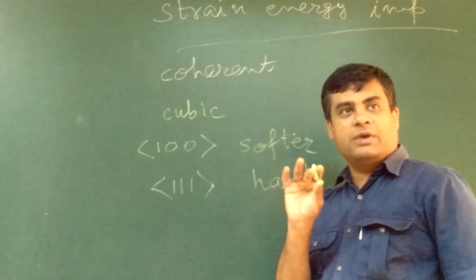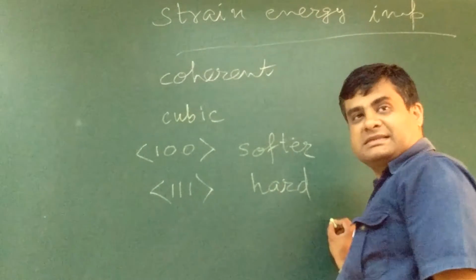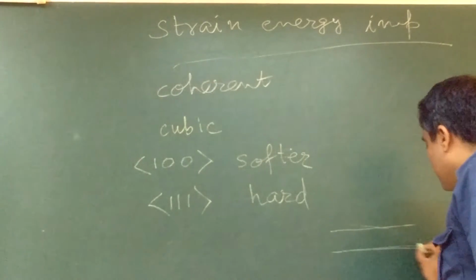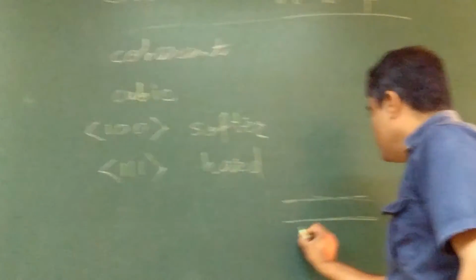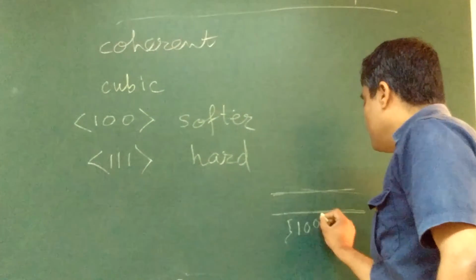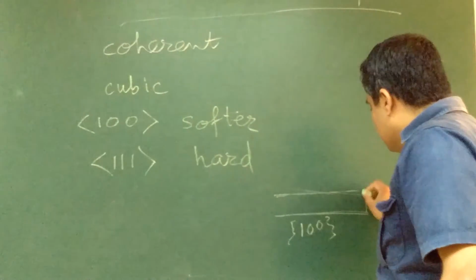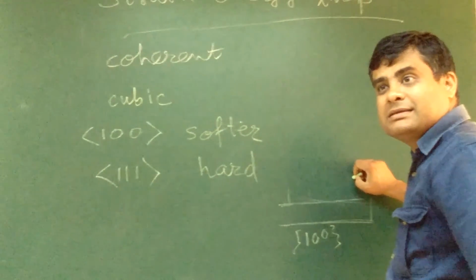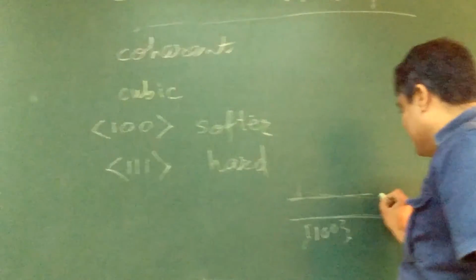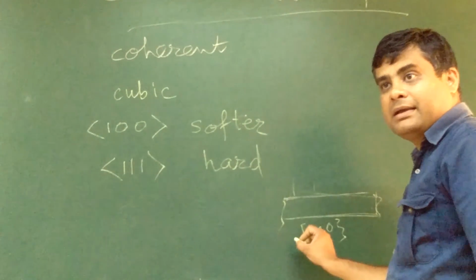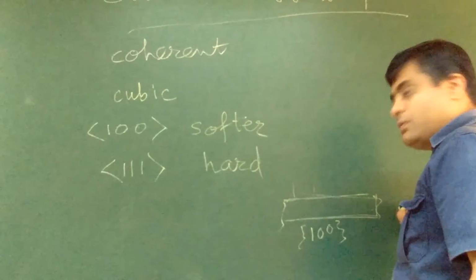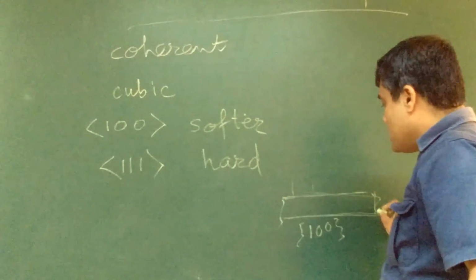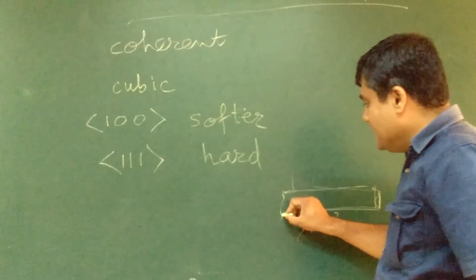Then the precipitate that will form will be of disc shape, and the broad face will be parallel to 100, so that the broad face will try to maintain the coherence, and these edges will be incoherent. Okay, so any strain